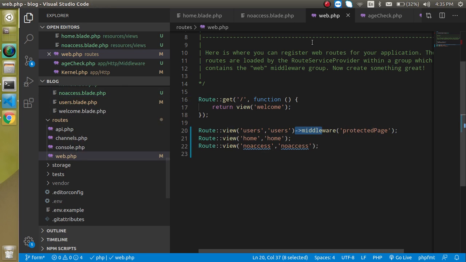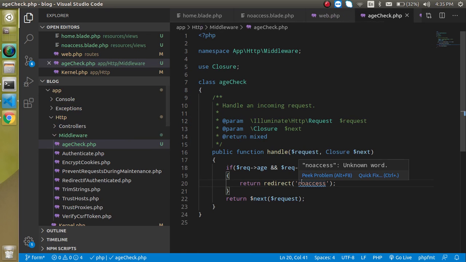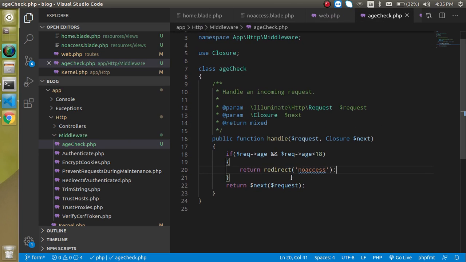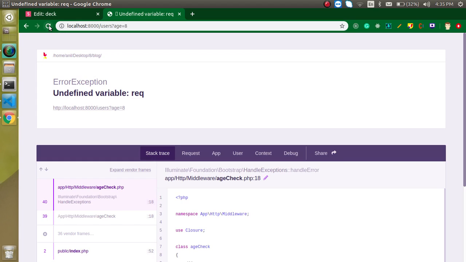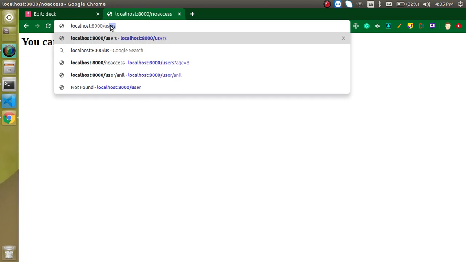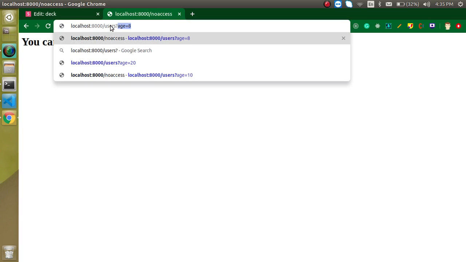So I just got an error, so let me check what that is. Yeah, actually this is the request, not req, my bad. Right, now let's try to see that. Now you can see that we cannot access the users page if our age is less than 18.